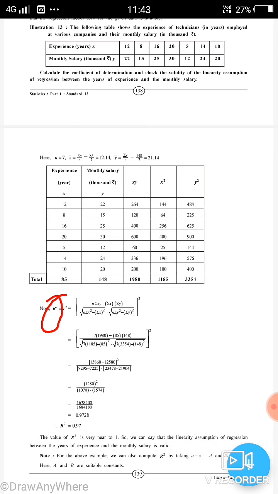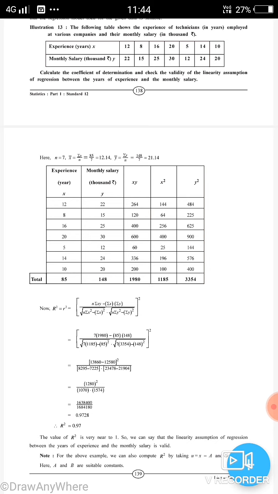Now this is not so important from the board point of view, but it is advisable to look at this method once. Now the formula, this is the R square. We take the square root in the denominator, so that becomes the coefficient of determination. Whatever formula we apply, that only we have to write down. We just make square root in the denominator, that's it. And then whole square, ये देख रहे हैं, ये है whole square of the formula, that is the coefficient of determination.